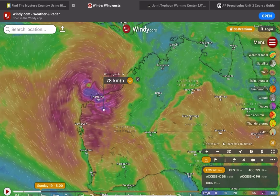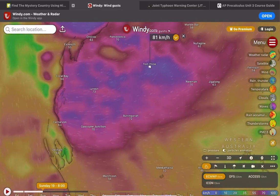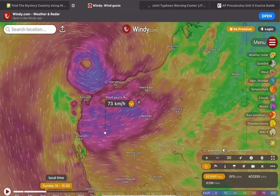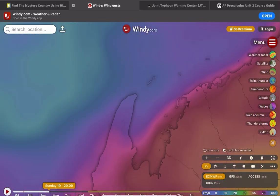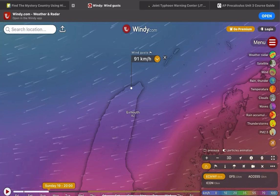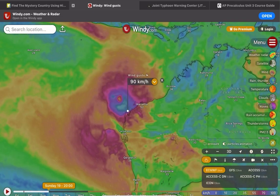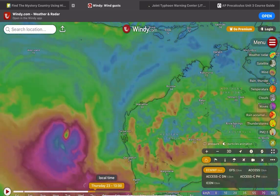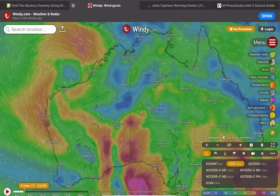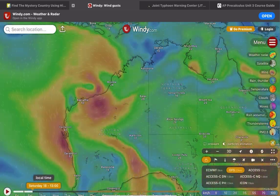Some strong winds, those downpours, and some blowing dust in the desert. It shows some higher gusts in spots in northwestern Australia on Sunday to Monday, and it shows late Sunday into Monday, just north of Exmouth, close to 91 km per hour gusts, and some 82 km per hour gusts in Exmouth. So be aware of those areas, and it goes away there. So be careful. There's the GFS too,